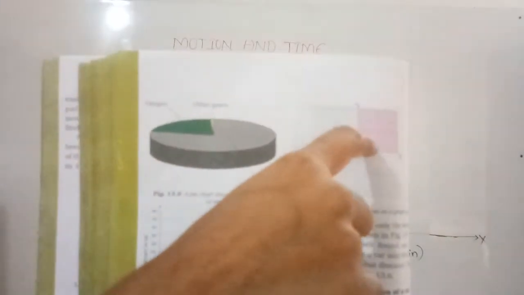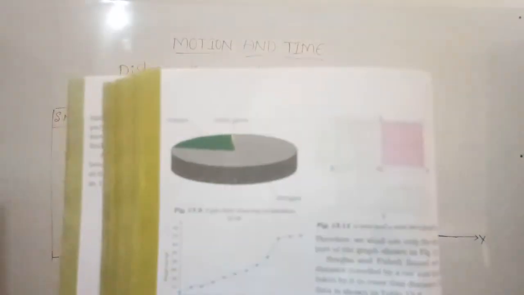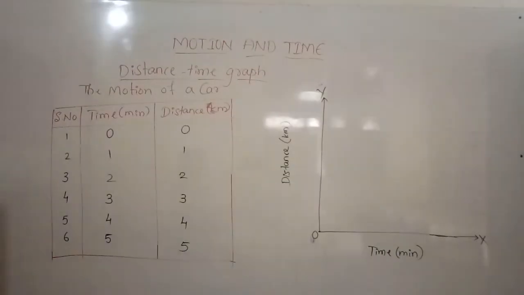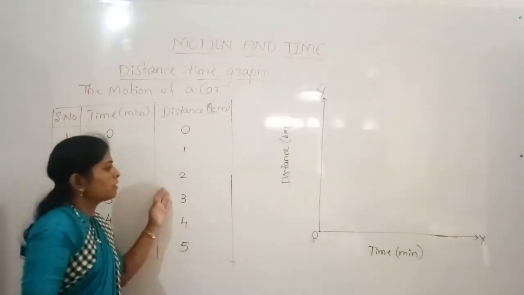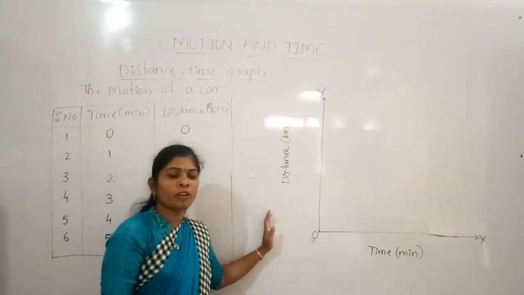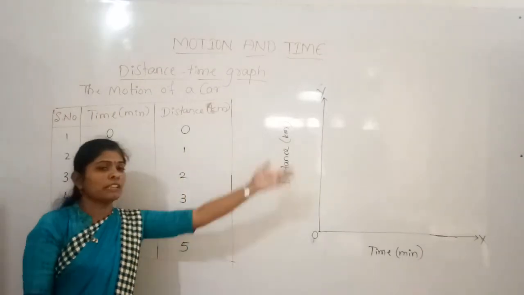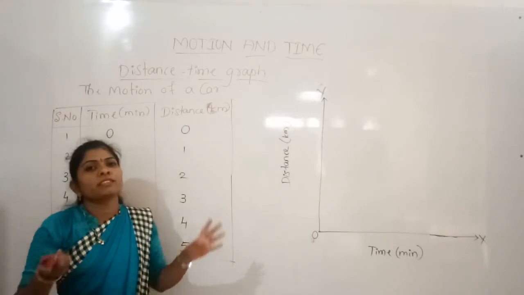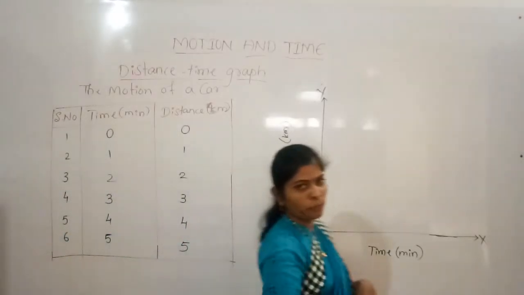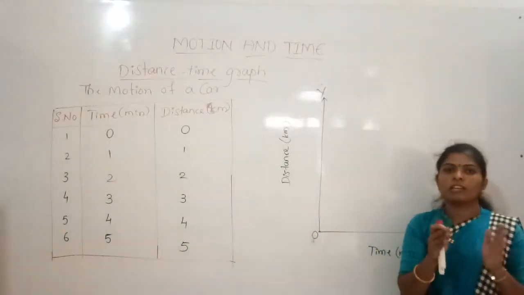Likewise here also values are there: 1 centimeter, 2 centimeter, meaning the boxes we can see here. So there we have to take the scale according to our convenience, because when we say 1 kilometer distance is covered, our graph paper will not be 1 kilometer in length. Is it possible to get a 1 kilometer long graph?